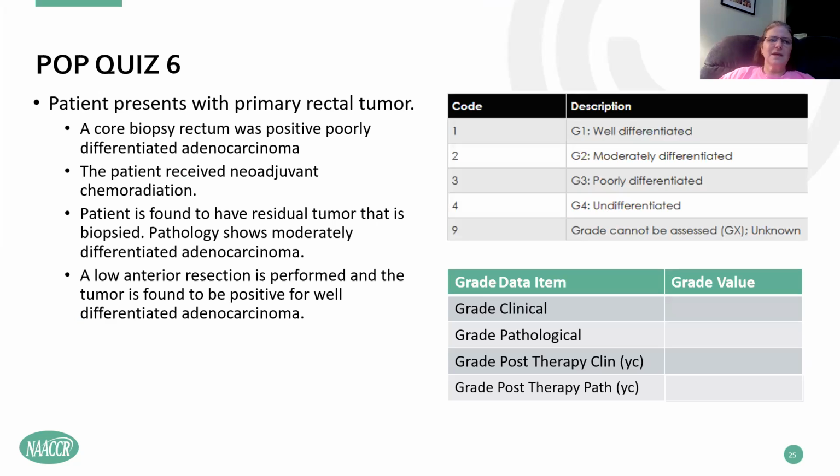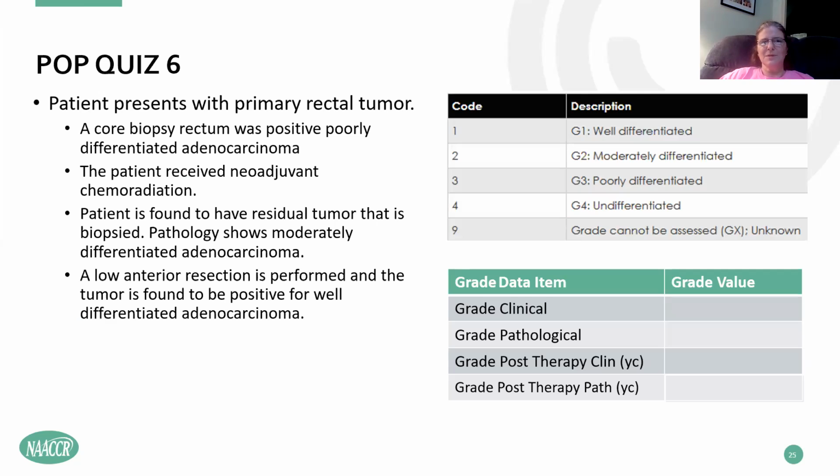Pop quiz 6. A patient presents with a primary rectal tumor, which you should know by now, if you've been around for a while, usually has neoadjuvant therapy as the first course of treatment. A core biopsy of the rectum was positive for poorly differentiated adenocarcinoma. The patient had their chemoradiation. And then after the neoadjuvant therapy, during the post-therapy clinical workup, they had a residual